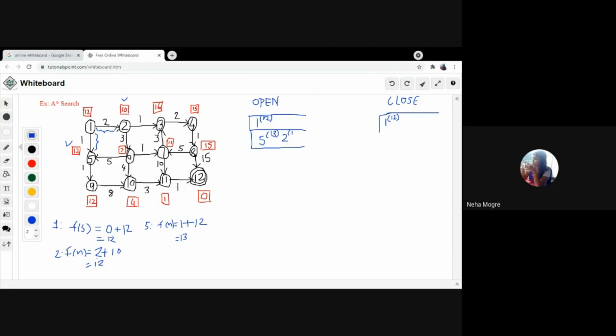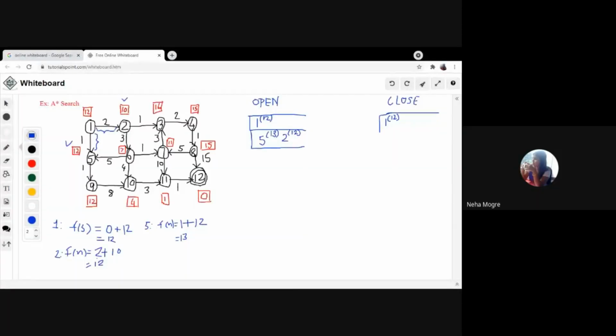Now you are going to calculate the minimum f of n value here. What is the minimum f of n value in the open queue? In the open queue, the minimum value is 2 with the cost of 12.